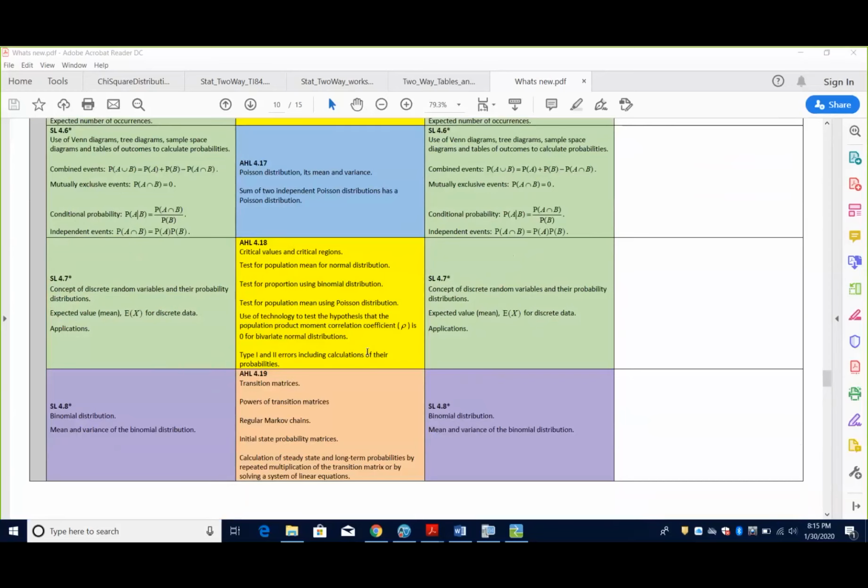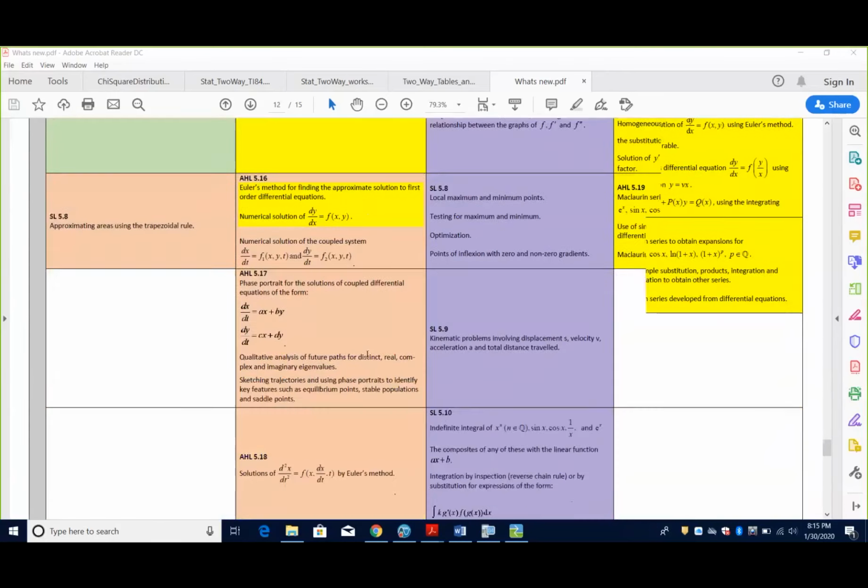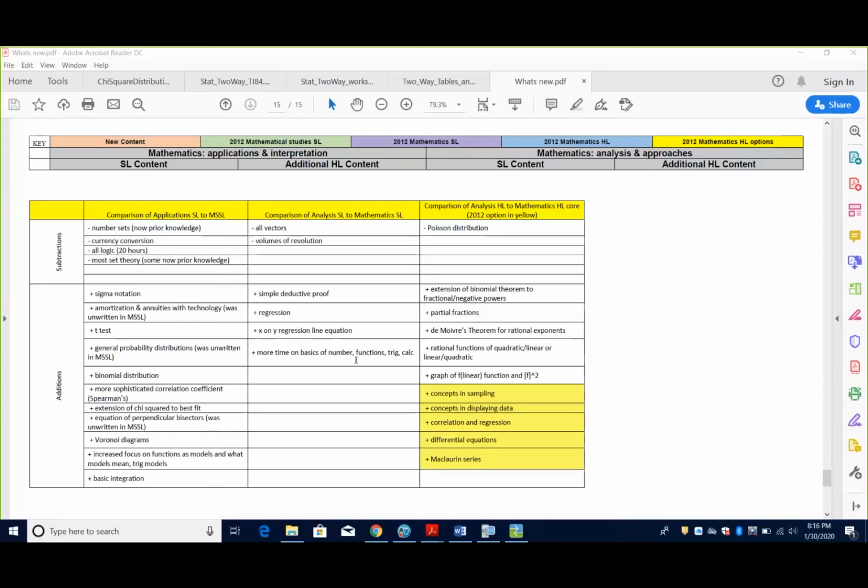And then finally, through all of these changes, I'm going to scroll down. Sorry if I go a little fast, but I'm going to scroll down all the way to the bottom. There's one more section here, and this section is the subtractions and additions to the courses. Kind of a real quick overview of the things that have been taken out or in. You'll notice in the subtractions, there really hasn't been a lot of probability and stats that has been changed, except for the Poisson distribution for the higher level stuff.